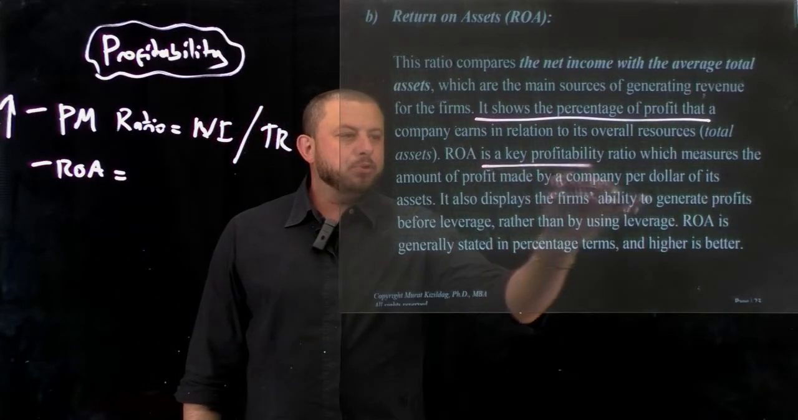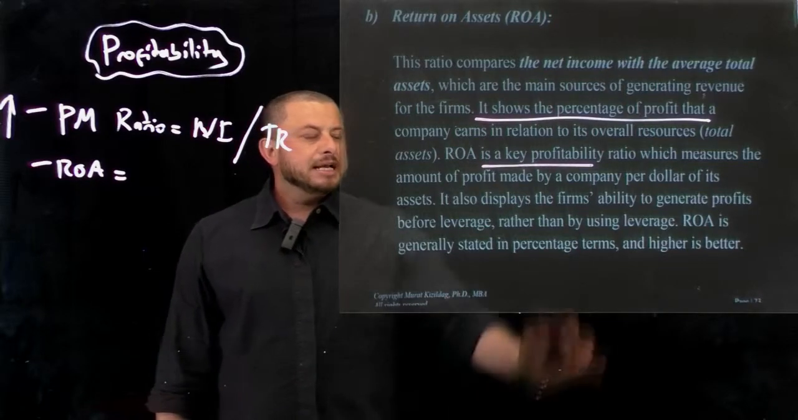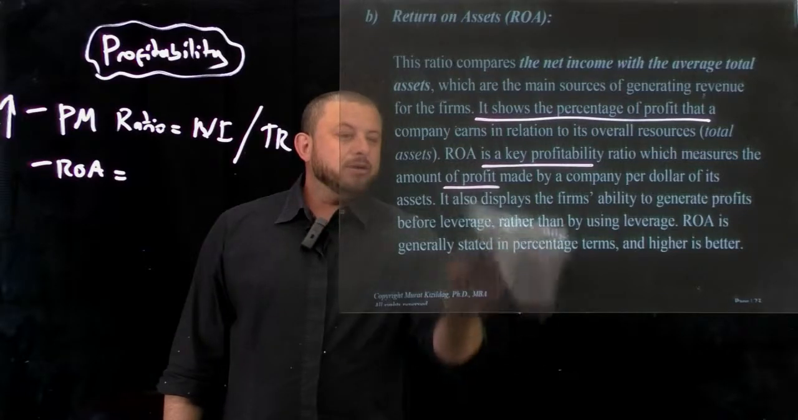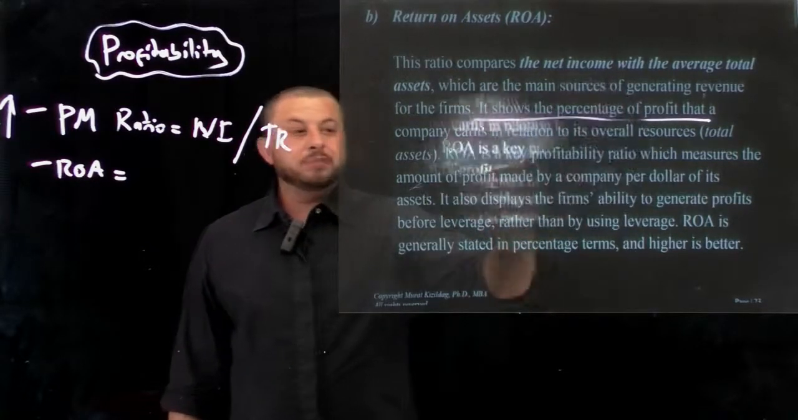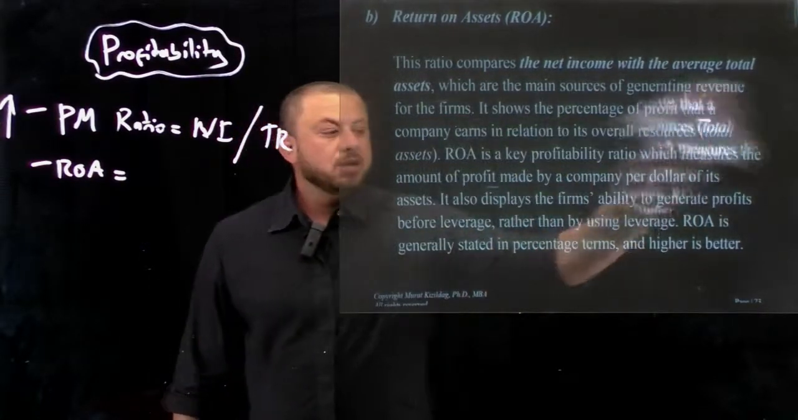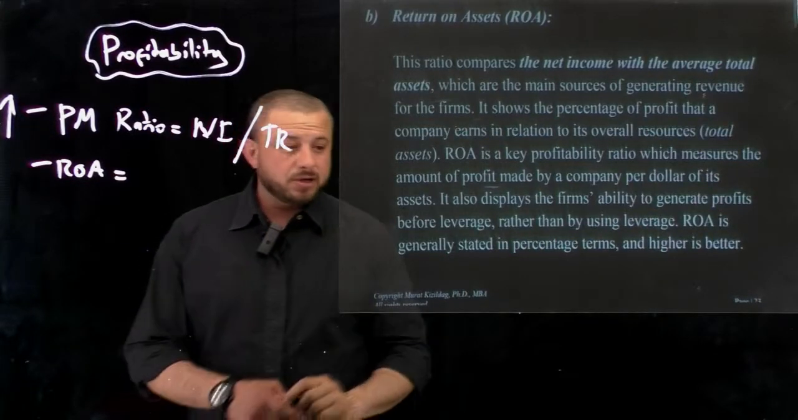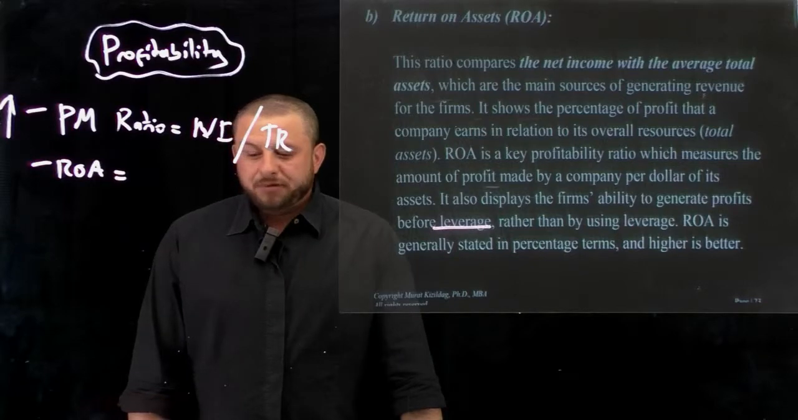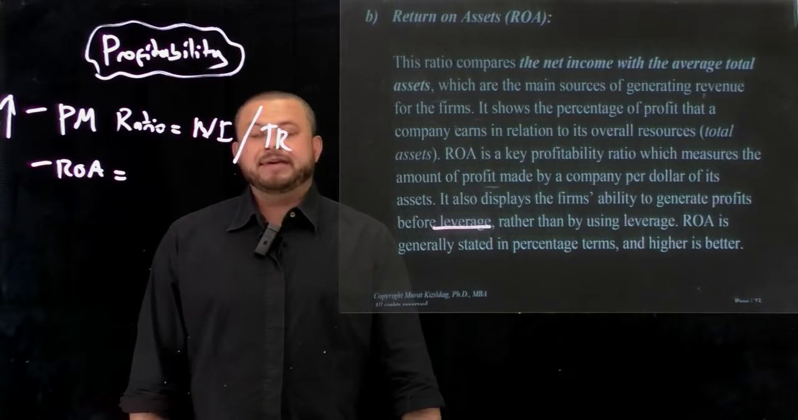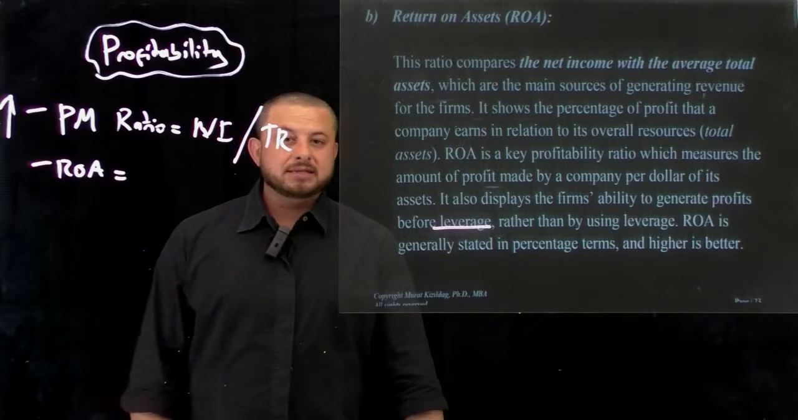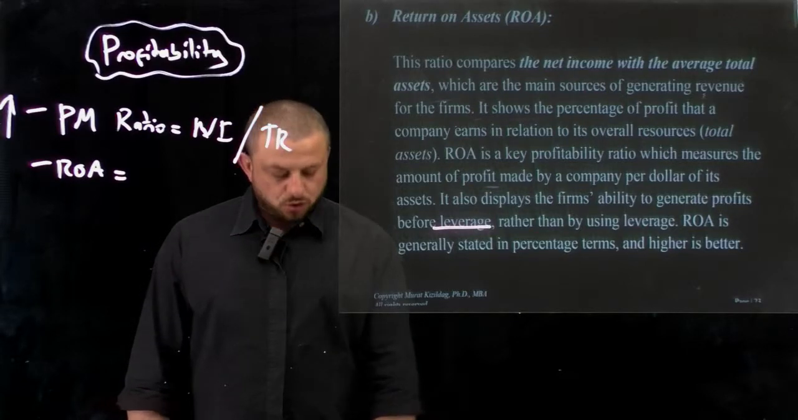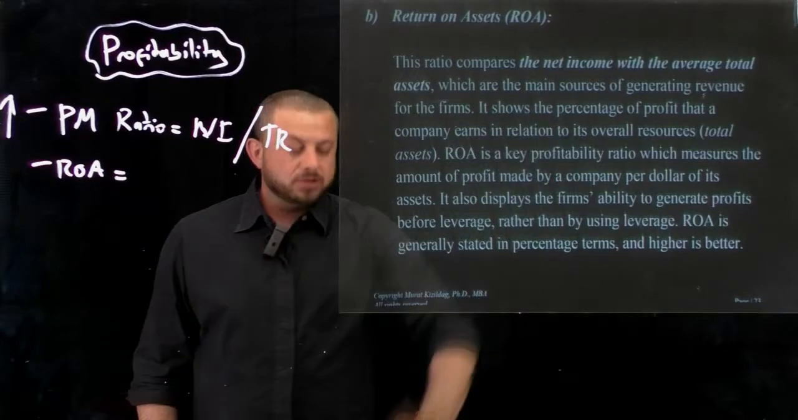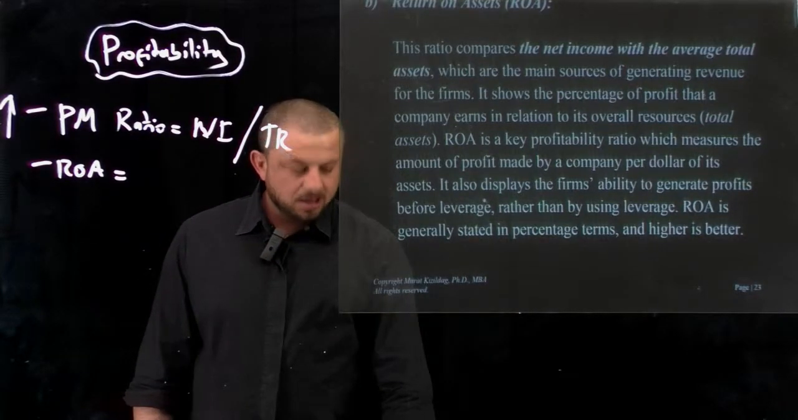Okay, it is a key profitability ratio. It measures the amount of profit made by the company per dollar using the assets. It also displays the firm's ability to generate profits before leverage rather than using leverage. Leverage means the debt, guys. Okay, it's a measure for debt. Before having additional debt in the operational system of the companies, this ratio shows how much return we can generate using our inner resources, which are the assets. Okay, and of course,